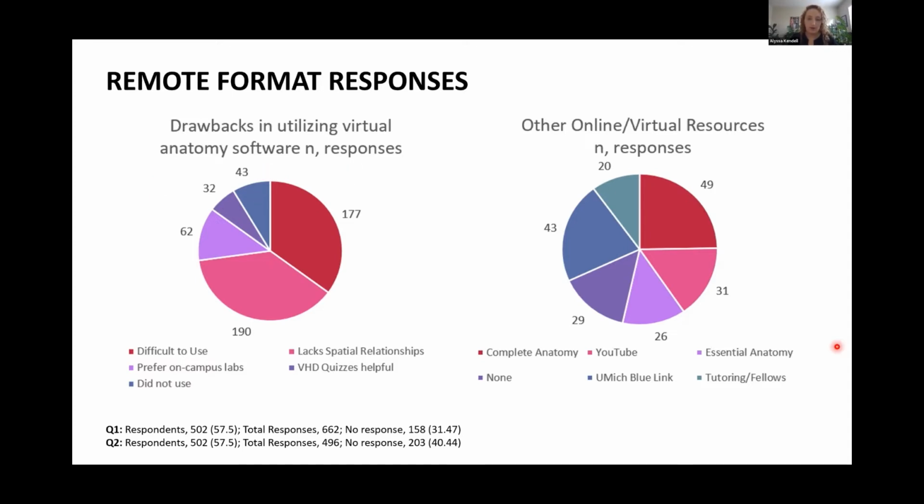And in terms of what other virtual or online resources they used to supplement their learning, the responses really varied. Students reported using the Complete Anatomy app, which was actually the number 1 most frequently reported outside resource used in the fall semester. And you can see that in the dark red color here. And that was followed by a variety of different resources, including YouTube, the Essential Anatomy app, and the University of Michigan Blue Link. And some students, which you can see in the dark purple here, again reported using no extra